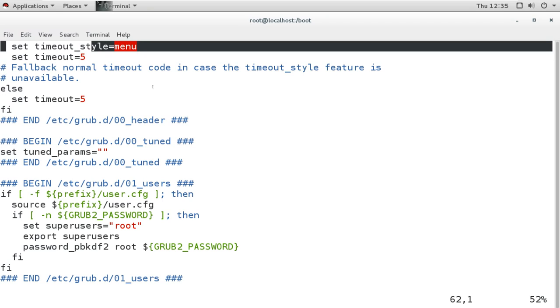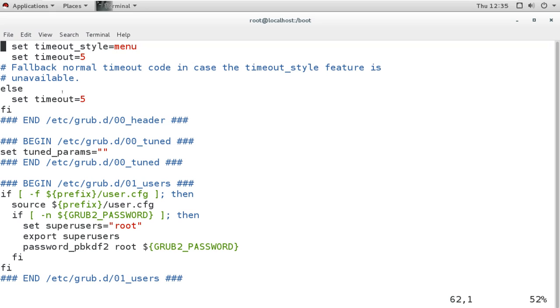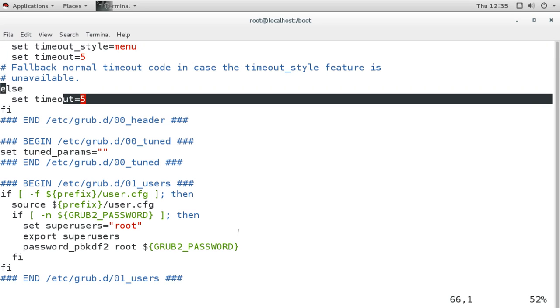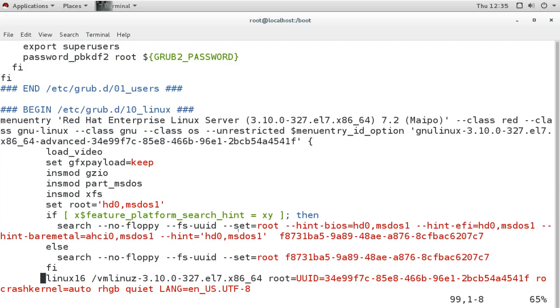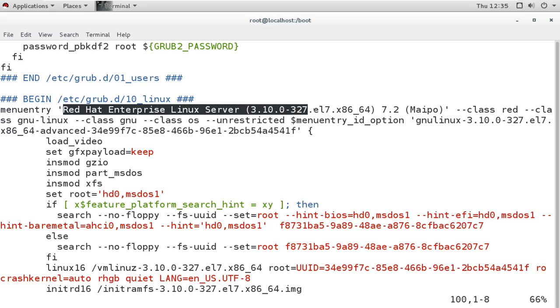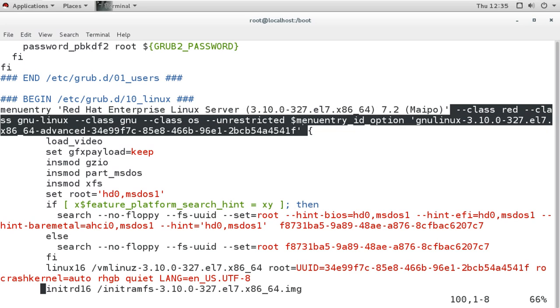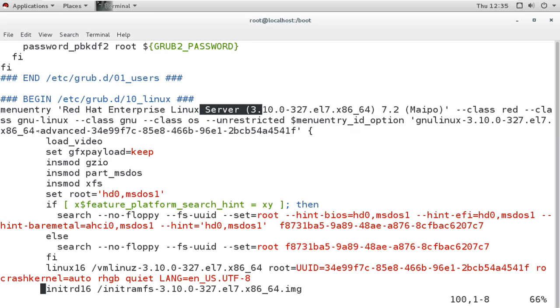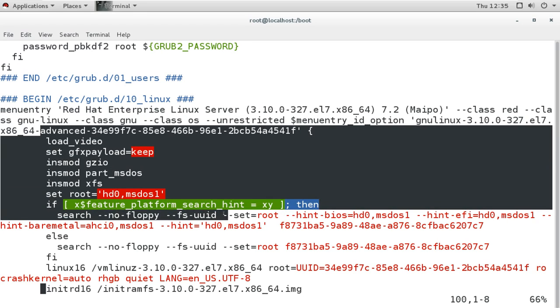So the first file decides the style and type of the menu, how much time it will wait, and this file gives you the setting for the menu, what menu entries you will see. It shows us 2 menu entries. This is the first menu entry, where you will see the name of the kernel. If you select that kernel and press enter, it actually runs with these settings. It will load these settings.